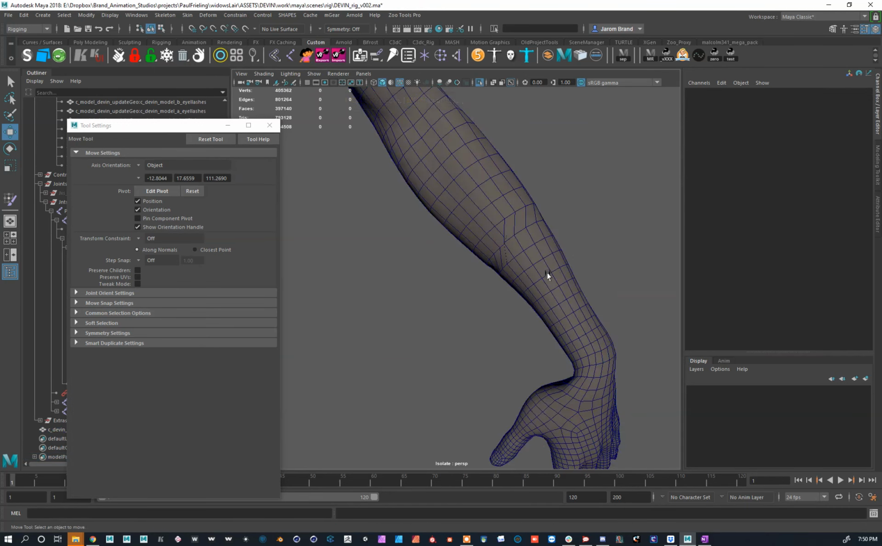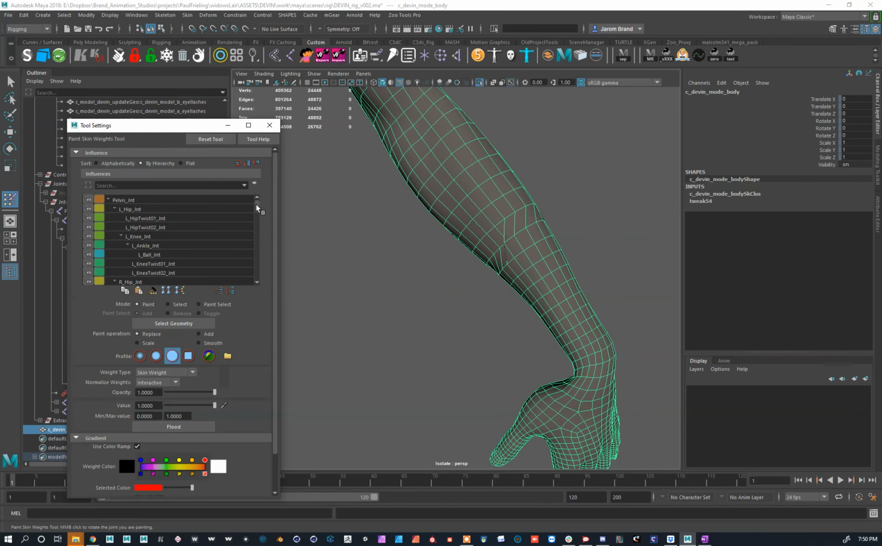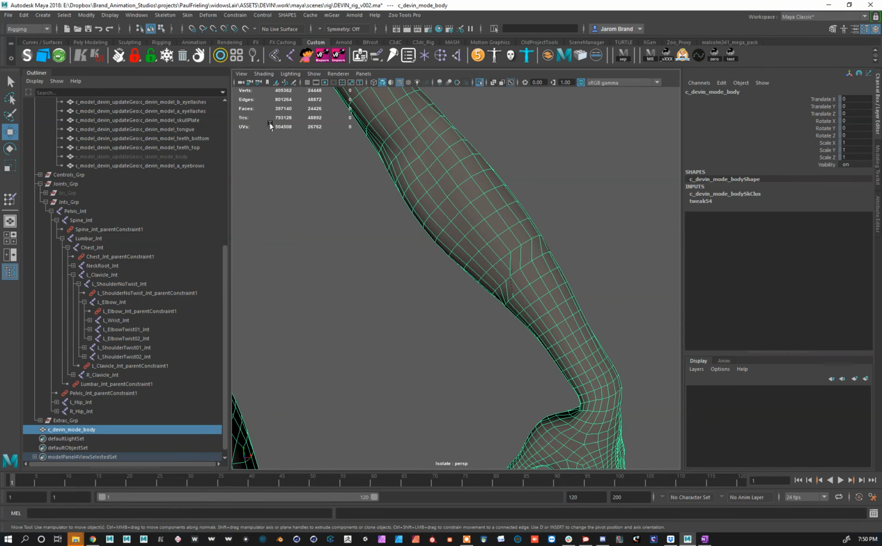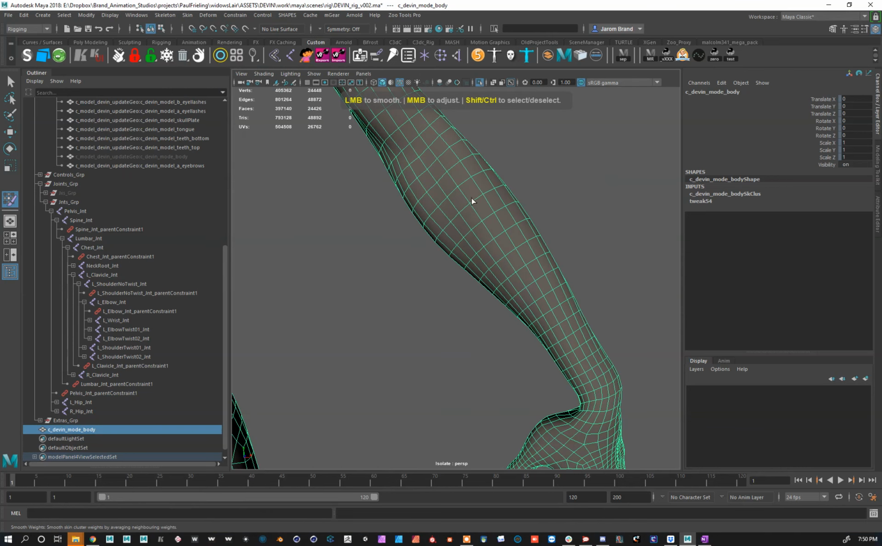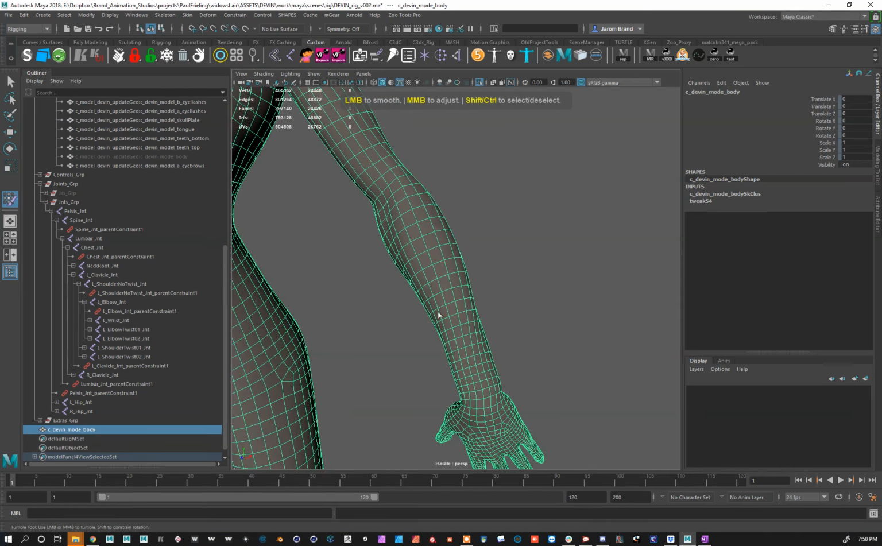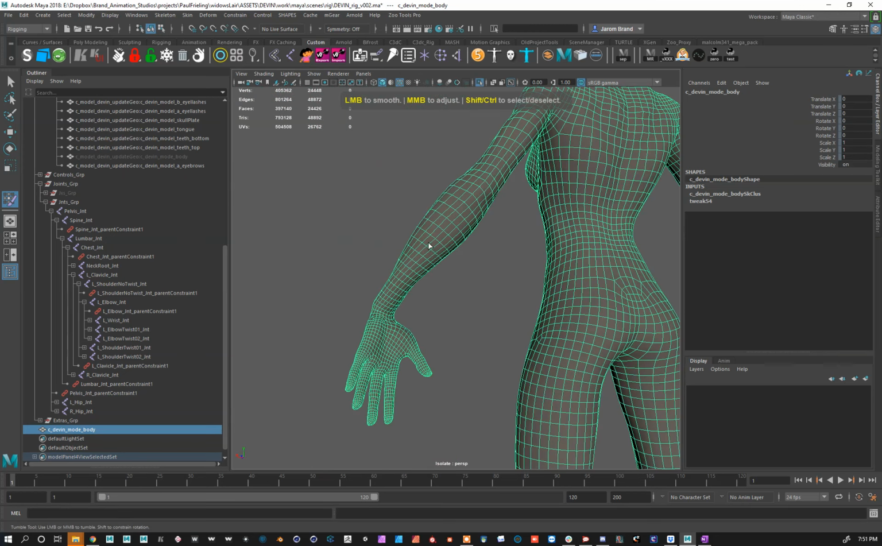That's interesting. Oh, so the brSmoothWeights respects locked weights, so you have to make sure that you unlock your weights. That's why that wasn't going. So now that this is nice and smooth,